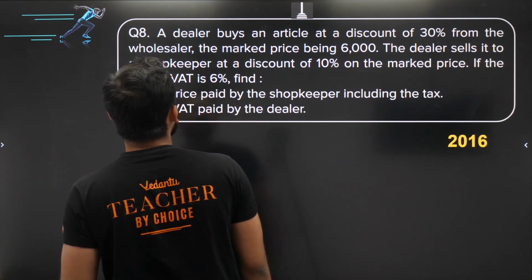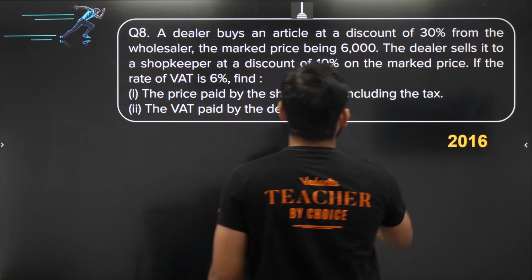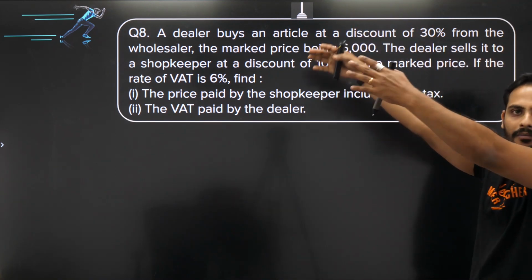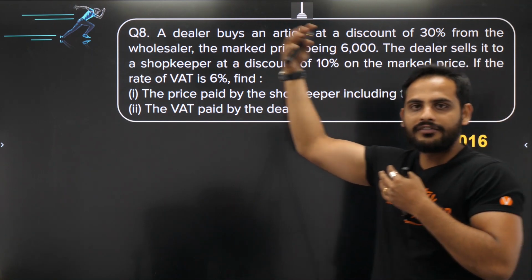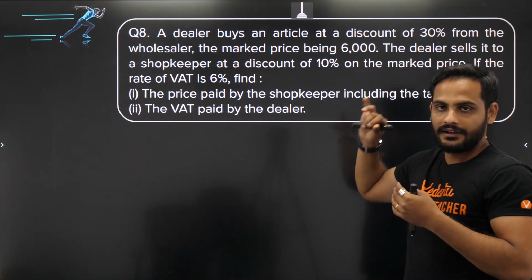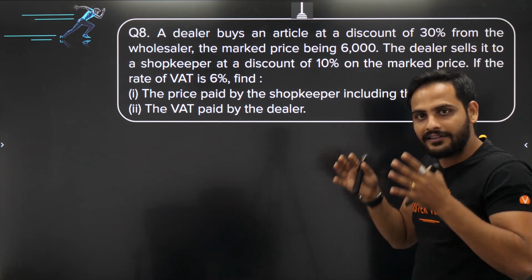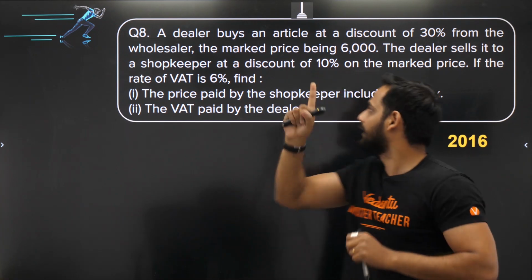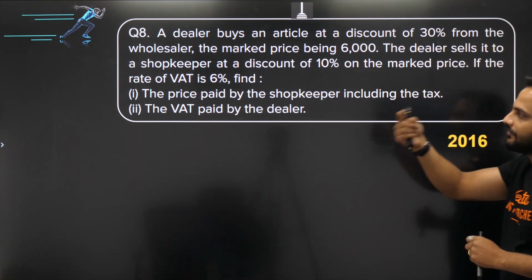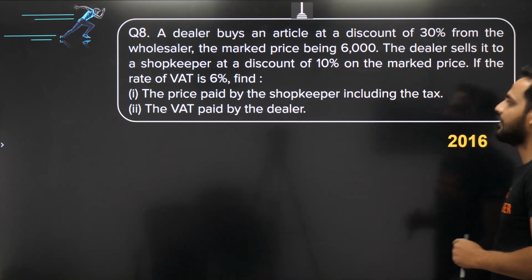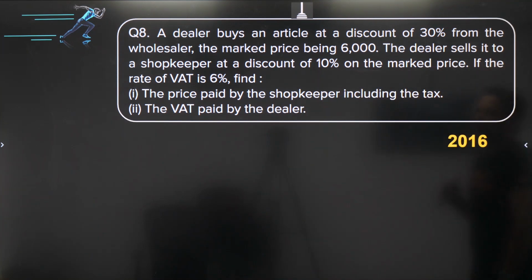The dealer sells it to the shopkeeper at a discount of 10% on the mark price. Now see, here they have given first from the dealer. The dealer has bought something from the wholesaler at a discount of 30%. Now that dealer is selling the same item at a discount of 10% on mark price to a shopkeeper. If the rate of VAT is 6%, find the price paid by the shopkeeper including the tax, how much that